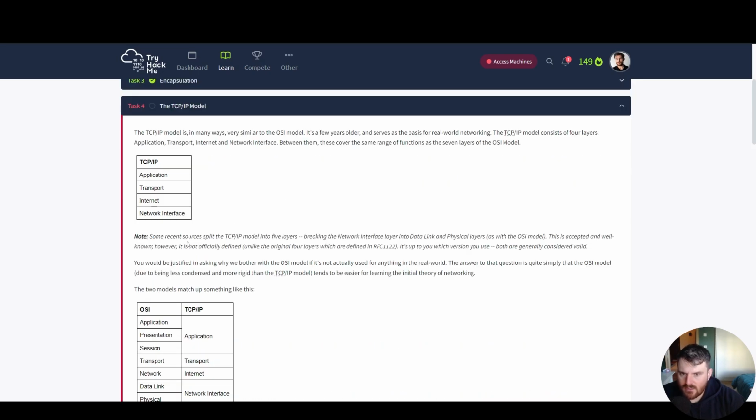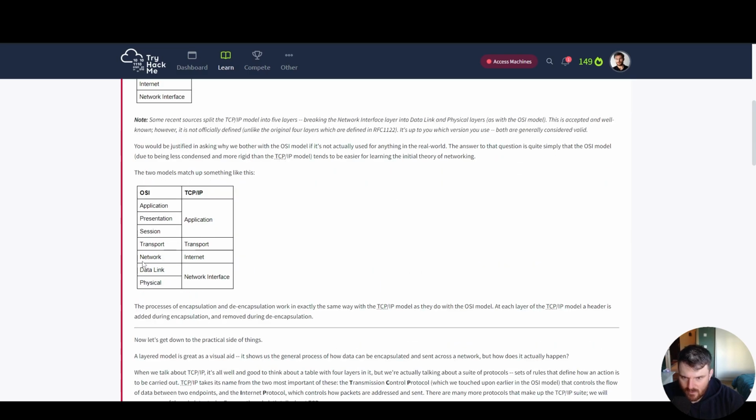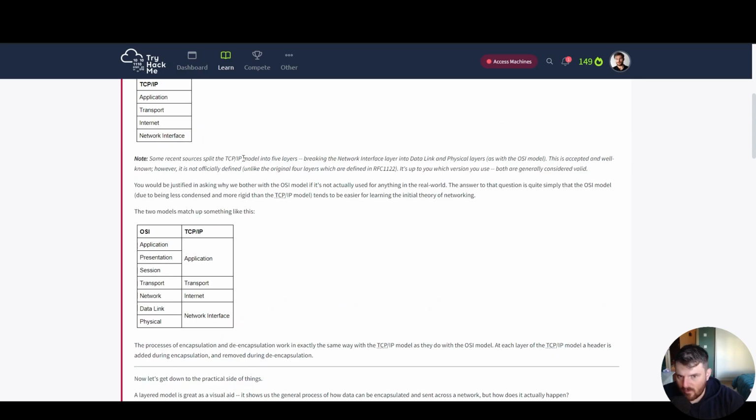Note, some recent sources split the TCP/IP model into 5 layers, breaking the network interface layer into data link and physical layers, which you can see here. The network interface of the 4 layers is broken down into the 2 that the OSI model has, in some models on the internet. This is accepted and well known, however it is not officially defined, unlike the original 4 layers, which are defined